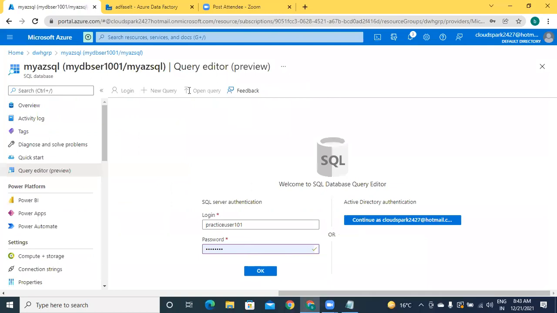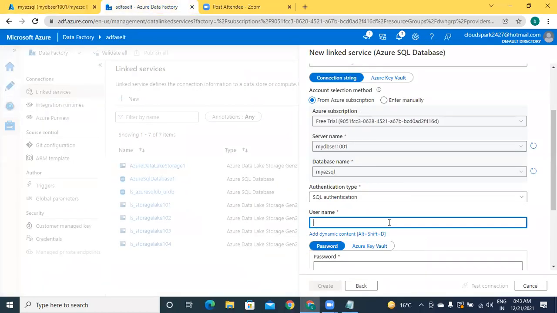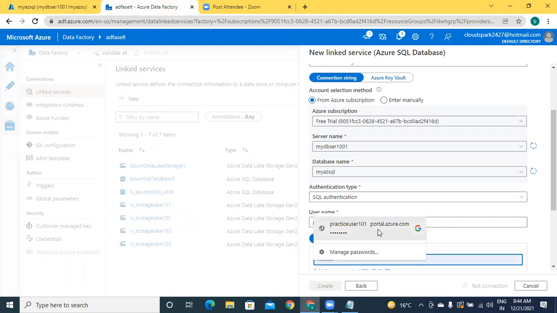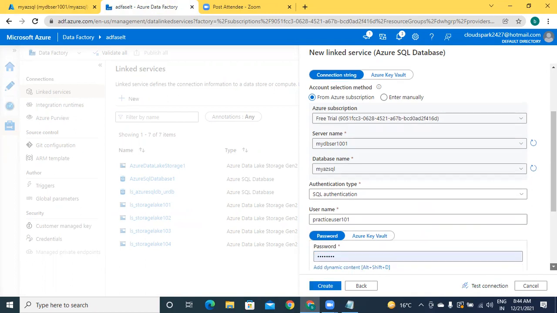The username is practice user 101. Okay, the password, directly here I can select. Now I am creating this.